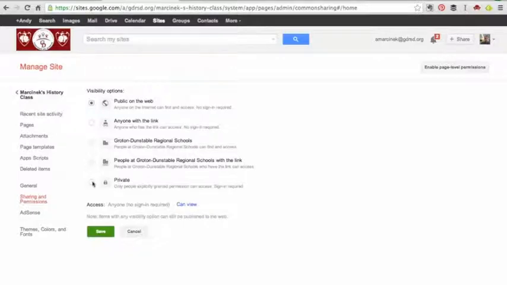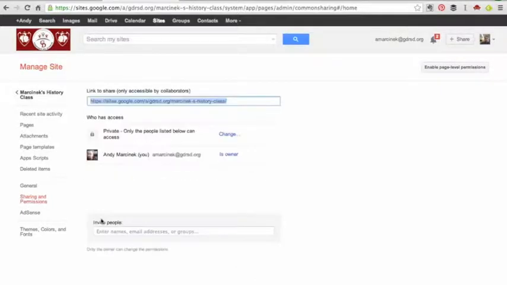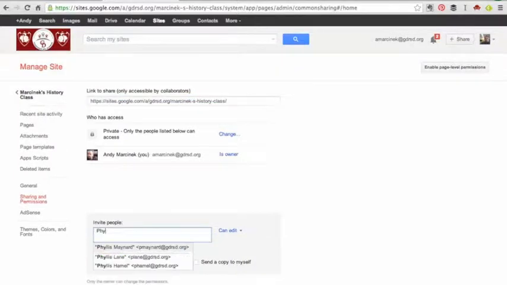So let's say, for example, you want to build this site with 3 of your colleagues. So say the 4th grade team. When you select private, you want to hit save, and then you can invite people to help you build the site, which means all they have to do is log in and they can add to it. They can build it with you collaboratively. So you would invite people. So say I'm going to build this with Phyllis and Gary,